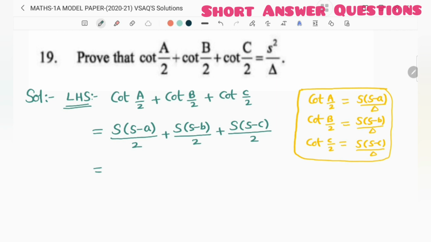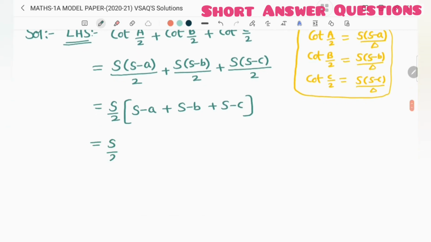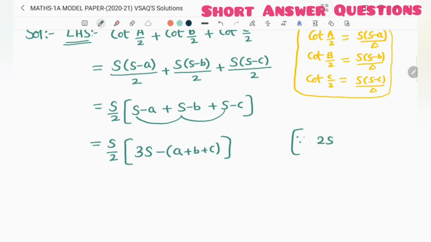So S by 2 take common from the three terms: S minus A plus S minus B plus S minus C. So S by 2 into S plus S plus S, 3S, minus, taking common, A plus B plus C. We have 2S is equal to A plus B plus C. So S by 2 into 3S minus 2S, which is equal to